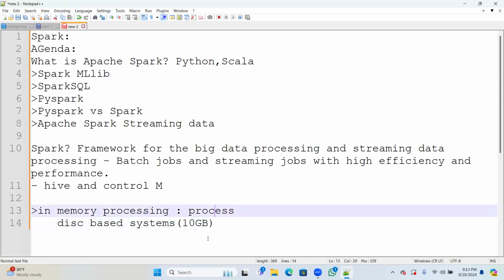Whereas in in-memory, it will add memory on its own as required and process the workloads.